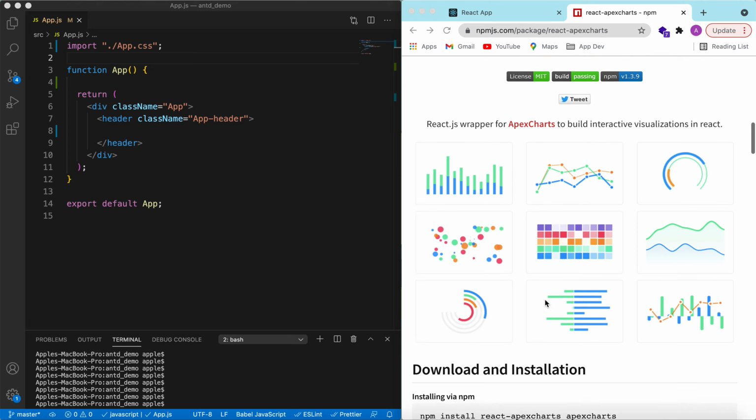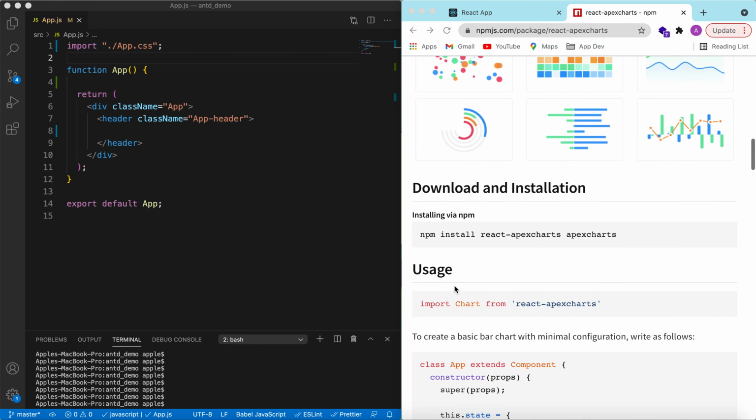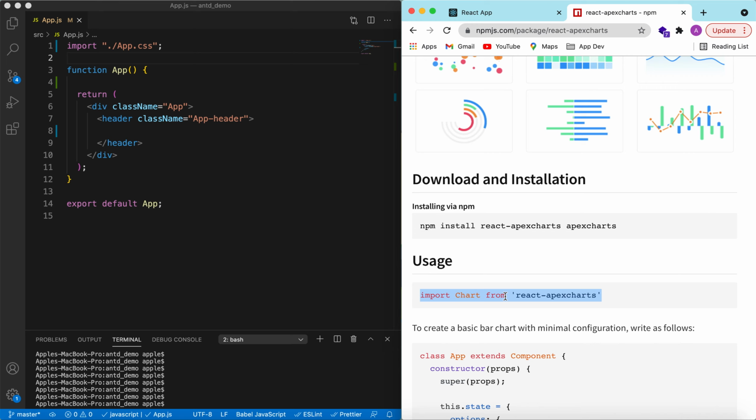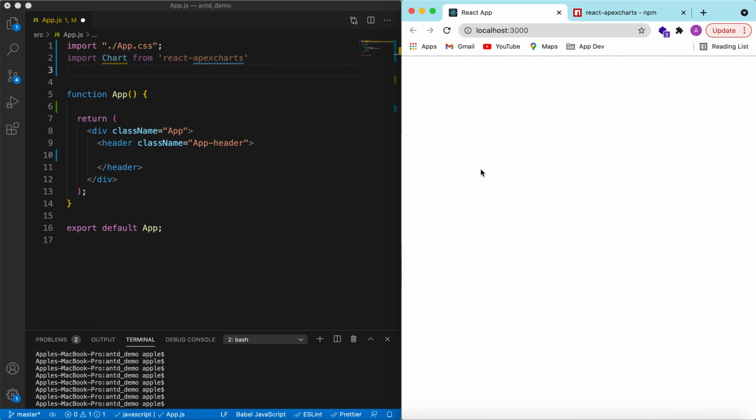And to install the package, this is the command. I have already installed it in a blank React JS project, so we can directly go to using it. So right now I have a blank project which is showing nothing, and we will be adding different types of charts here. So let's start